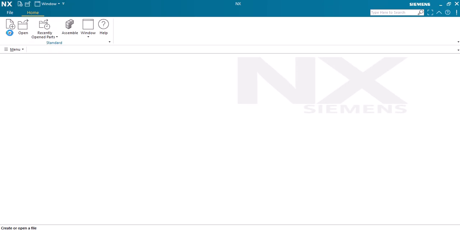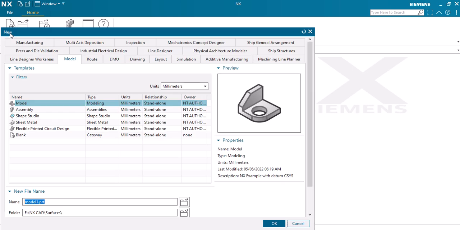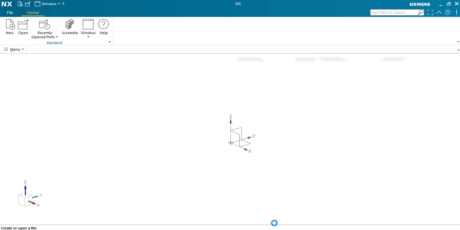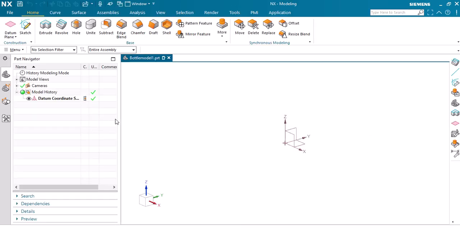Let's create a simple surface modeling exercise using NX CAD. Okay, let's create a surface model. Let's name it bottle. Okay, let's see. And for that, let's start creating